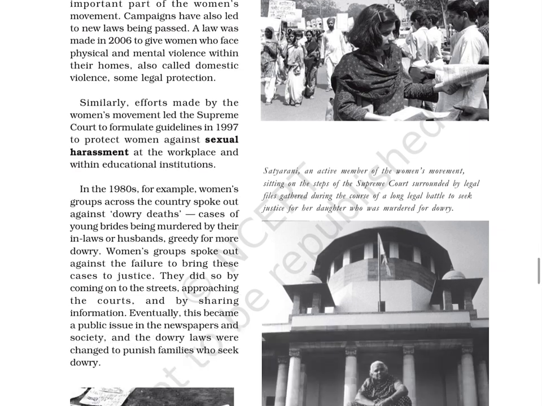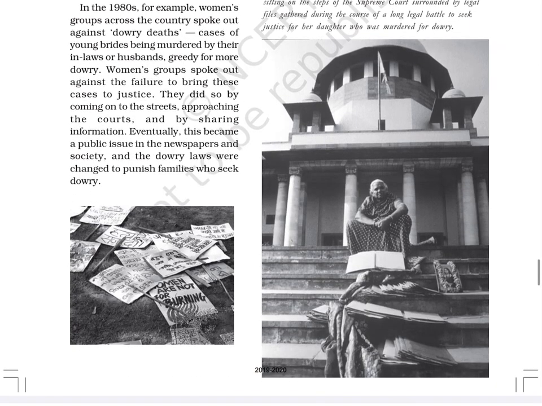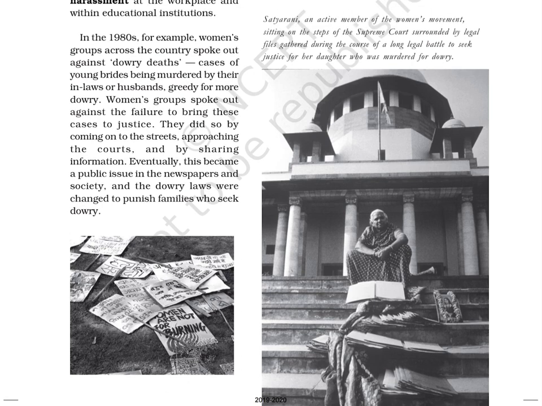In the 1980s, for example, women's groups across the country spoke out against dowry deaths, cases of young brides being murdered by their in-laws or husbands, greedy for more dowry. Women's groups spoke out against the failure to bring these cases to justice. They did so by coming onto the streets, approaching the courts, and by sharing information. Eventually, this became a public issue in the newspapers and society, and the dowry laws were changed to punish families